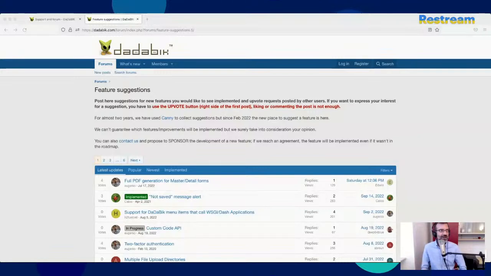As you know, starting from DaDaBIK 8, we had a name for any major release. So we had Lerici, and then Monterosso, and then Manarola, and then Elba, DaDaBIK 11 Elba. I already have a name for DaDaBIK 12, but I will reveal the name when the version is out.